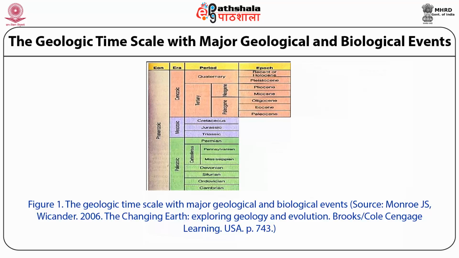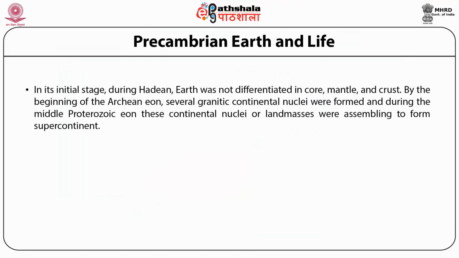And ultimately, at the end of Cenozoic, we have seen a complete evolution of well-developed mammalian characteristics in the form of primates like man. In its initial stage during Hadean, Earth was homogeneous, that is, it was not differentiated into core, mantle, and crust. By the beginning, that is about 4000 million years ago, of Archean Eon, several granitic continental nuclei